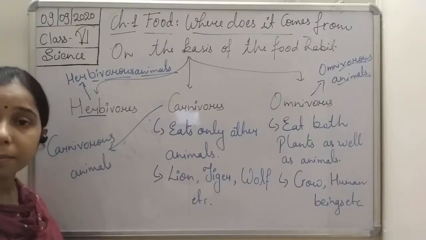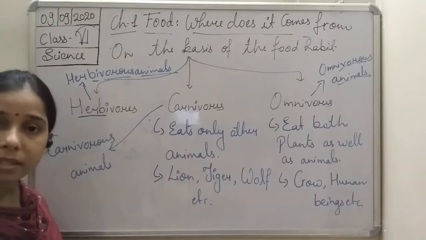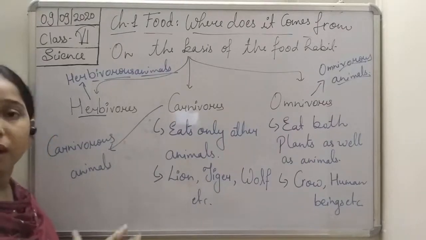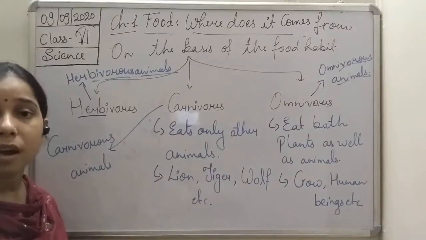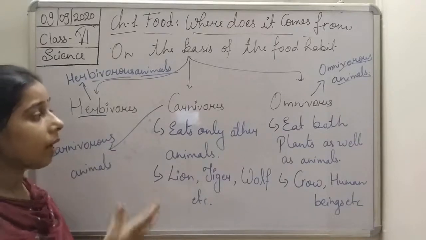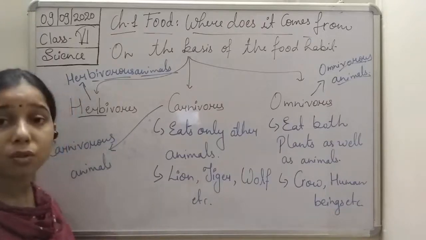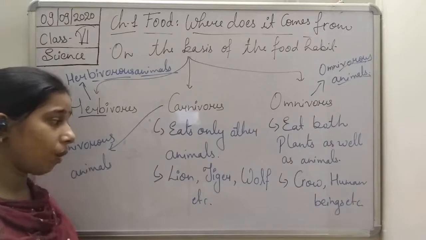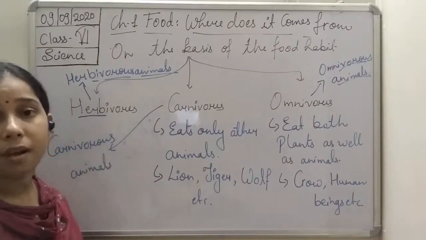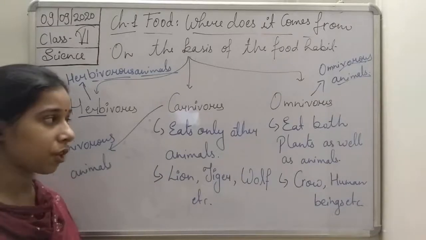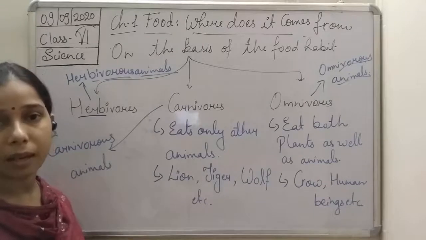Now see here, the food habit is basically divided into herbivore, carnivore and omnivore. Herbivore, the term herbs itself says that the animal depends on the plant and its product. Example is that of the cows, the buffalo. A lot of examples are there among the animals around us. Carnivore, students, they eat only the animals, not the plant. So we can say lion is there, tiger is there, wolf is there. All these only eat the other animals. Such kind of animals we call carnivorous animals.